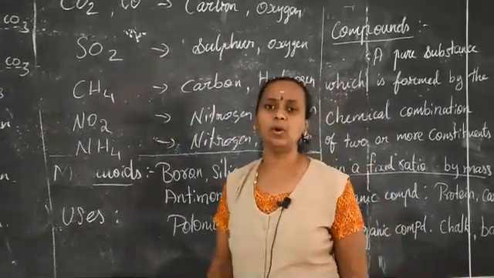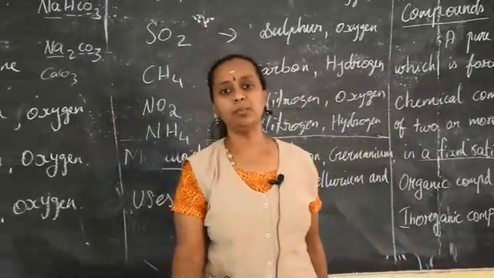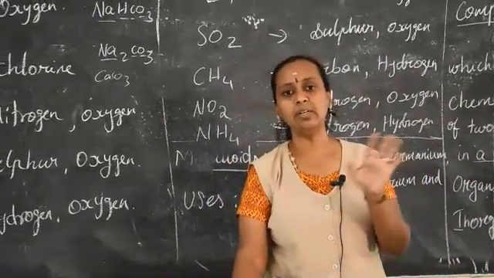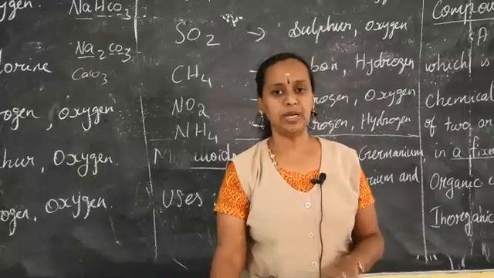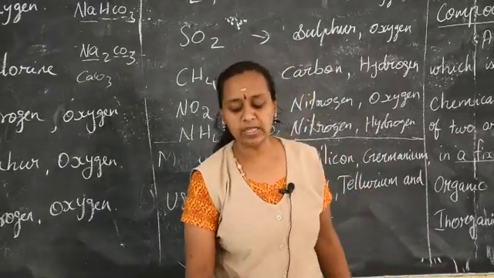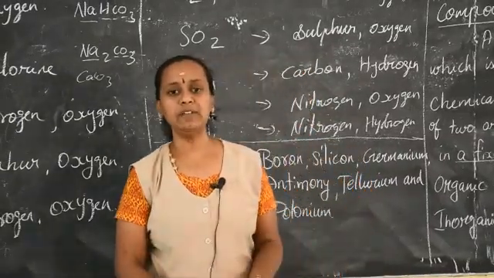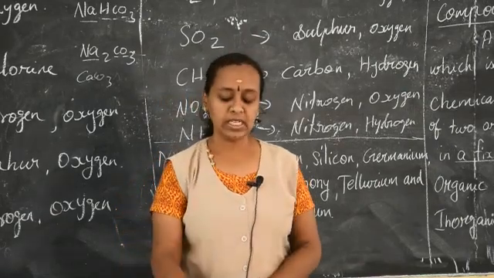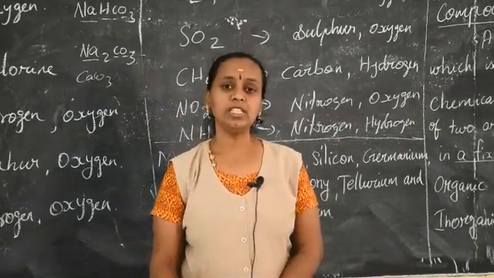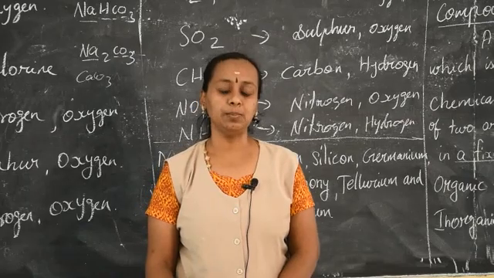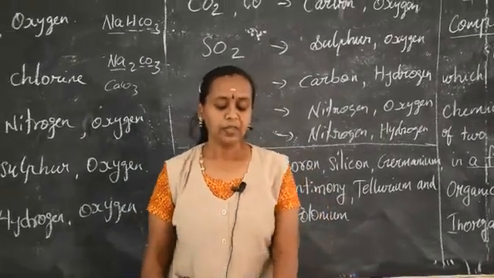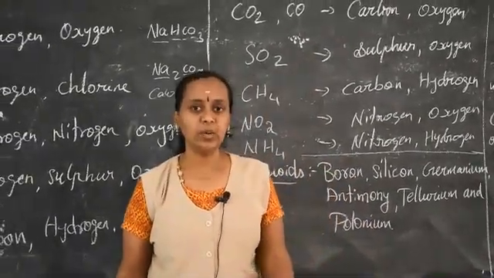After this, we studied the examples given in your book in the tabular column. Just have a look at it, so it will be easy for you to understand. Also they are given some names which we use in our day-to-day life instead of the chemical names. For example, copper sulfate is called blue vitriol, as it is blue in color, and ferrous sulfate is called green vitriol.